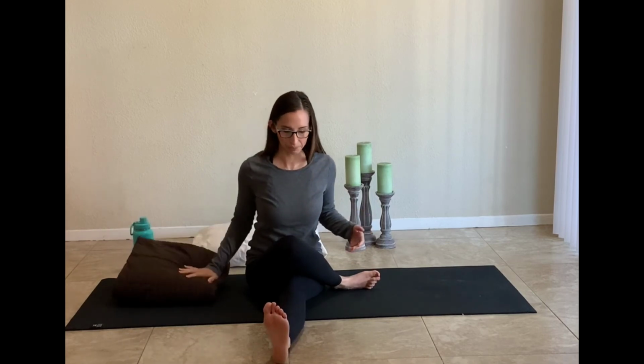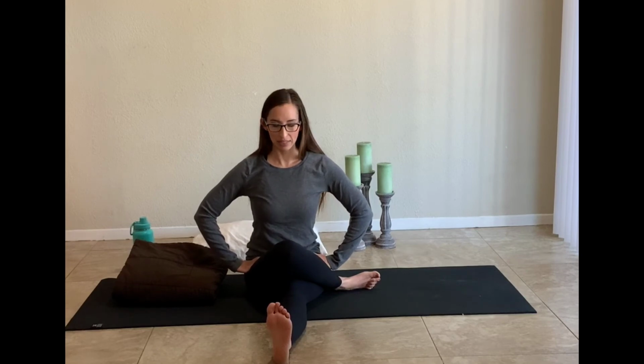And however you like to use your props is up to you. Settle in here with the legs first, gently allowing that gravity to pull down the knees and deepen that sensation through the hips. Now I have my right knee on top, so I'm going to take my opposite arm, my left arm,